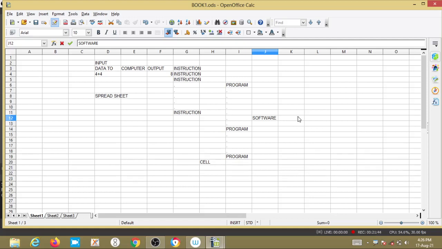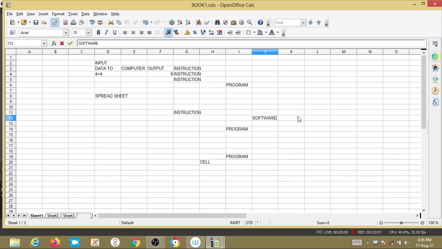That's why we are using MS Excel. In MS Excel, it will use application software to perform the particular work or task. MS means Microsoft.